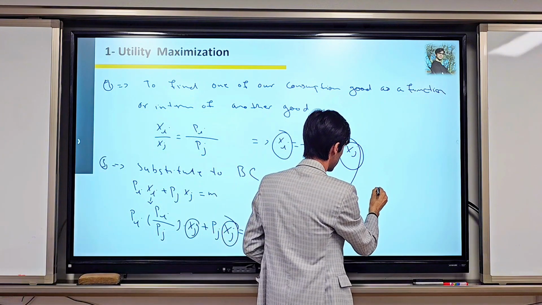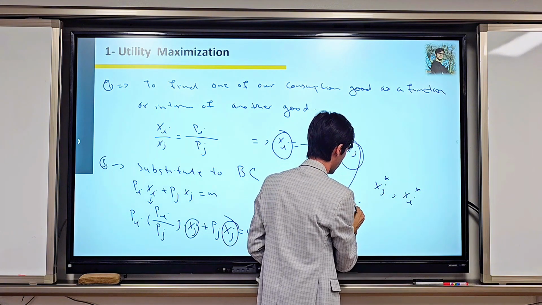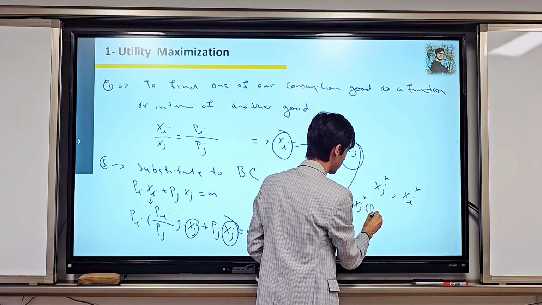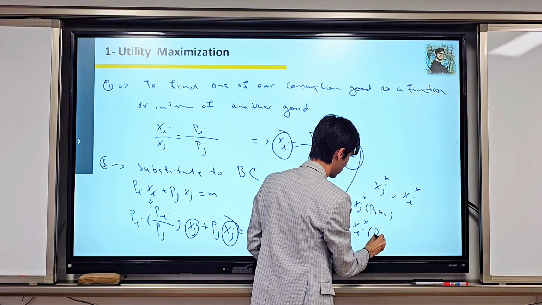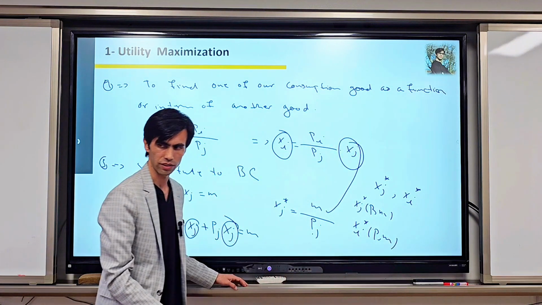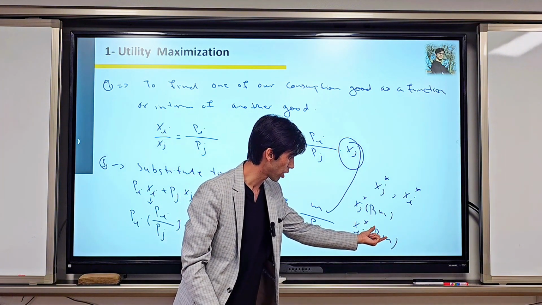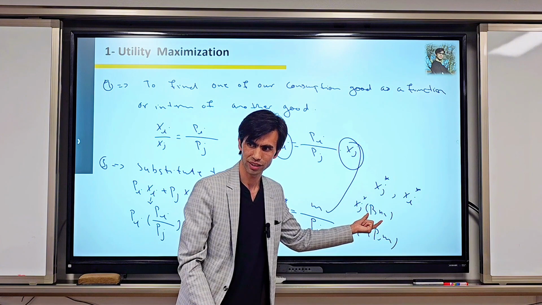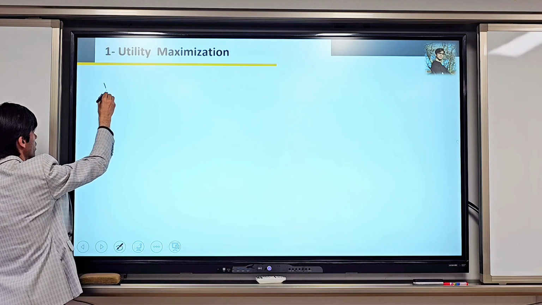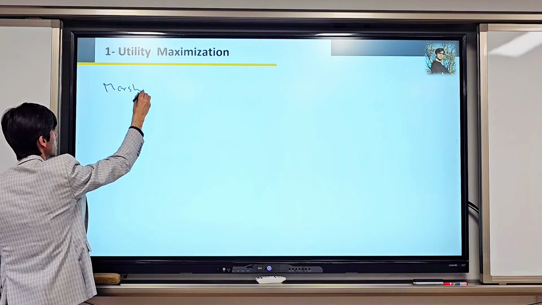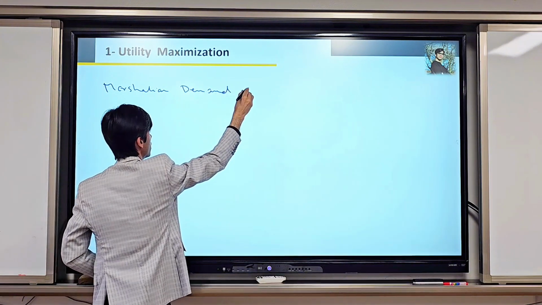And when you find your xj star and xi star, in most cases both of them are a function of price and income. When your demand function is a function of price and income, it is called the Marshallian demand function. So if we define the Marshallian demand function,